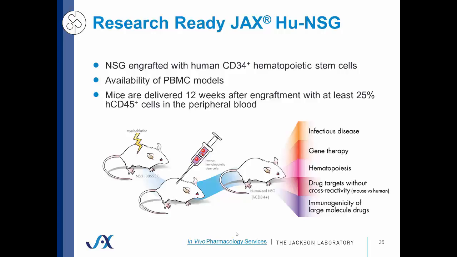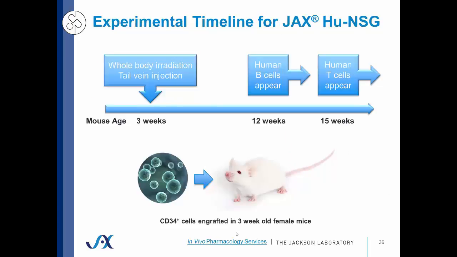So we took a slightly different experimental approach to creating these animals because of the technical difficulties when using the neonatal intracardiac injection. But we wanted to take advantage of using younger animals. So our in vivo services group in Sacramento, California developed a new model where they engrafted the mice through the tail vein at 3 weeks of age. This allowed them to take advantage of the fact that these were young mice with a very robust developed thymus, so that you would have a more superior immune function in these animals,